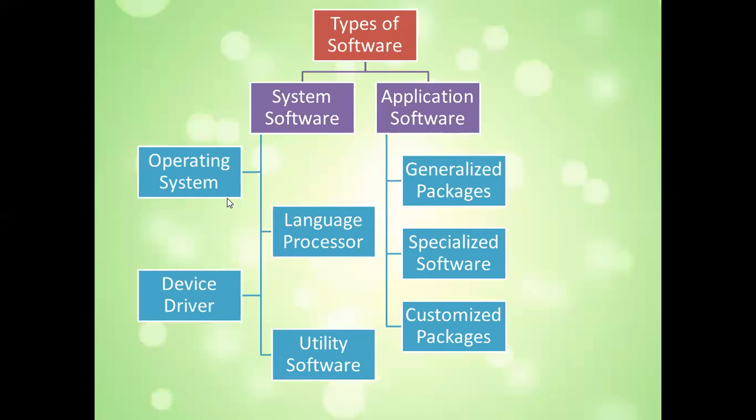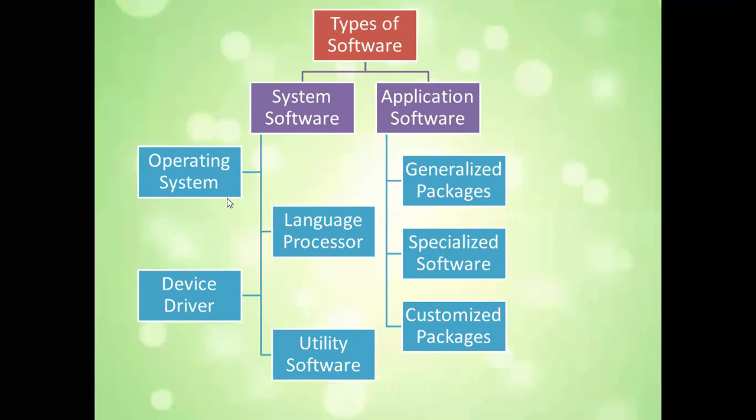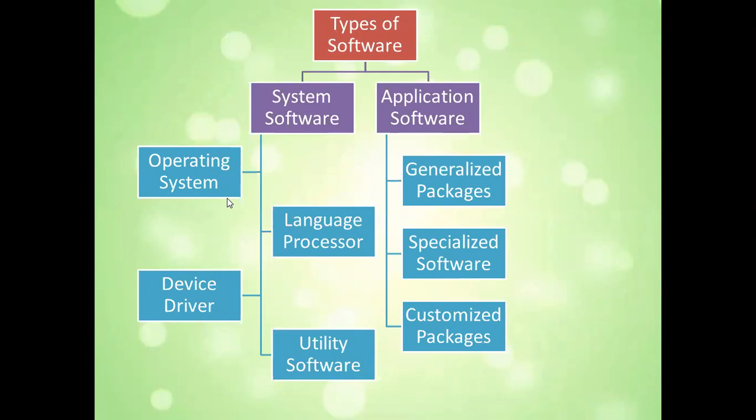How the computer will turn on, how it will turn off, what will happen if somebody does a right click on the screen, what will happen if somebody does a left click on the screen, everything is handled by the operating system. If there is a password for the system, whether the user is entering the correct password or not is also decided by the operating system only. So the operating system is basically the most important program of the system, which handles almost everything.